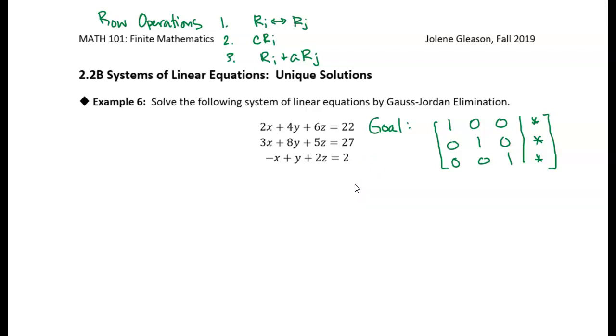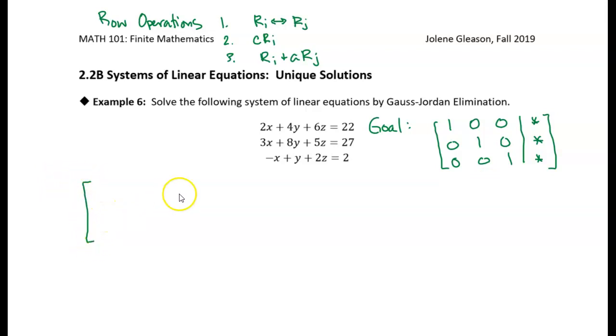We have the same three row operations. I've written them up here for reference. We can interchange two rows, we can replace a row with a constant multiple of the same row, and we can replace a row with that row plus a constant multiple of another row. All right, so same three legal row operations, and now we just have a little bit different goal. So we're going to start by